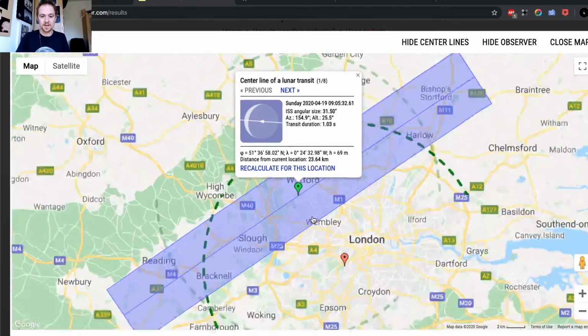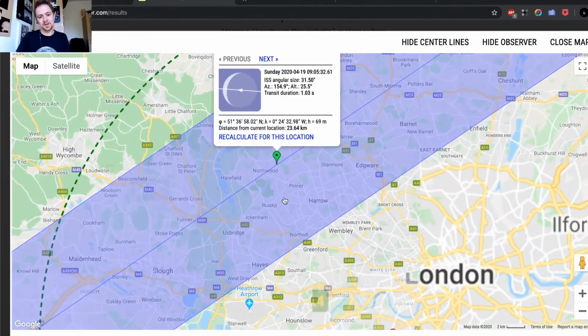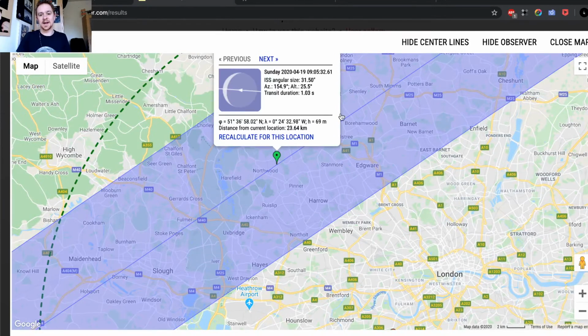The reason why this website is good is because it's not only showing the center line. The center line is, if this is the moon, and you're on the center line, it means it's going to go right in the middle.